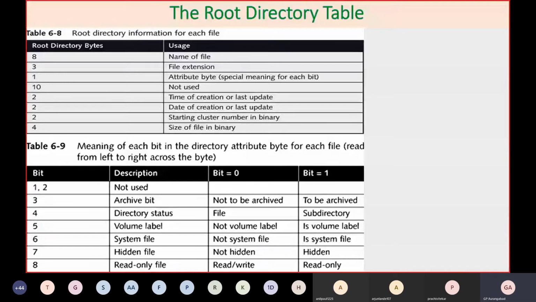These 10 bytes were not used, then 2 bytes were used for time, 2 bytes for date, then where your file actually starts, that is the starting cluster, and the size of the file in binary. At the end there is a typical mark, so you don't need to worry, because this is a chain structure, so it automatically goes on finding